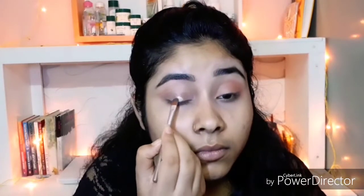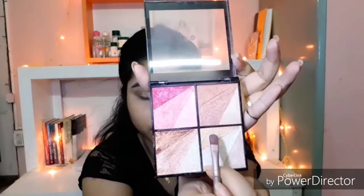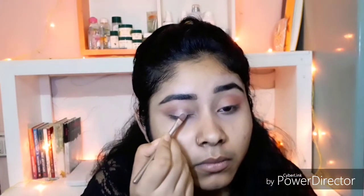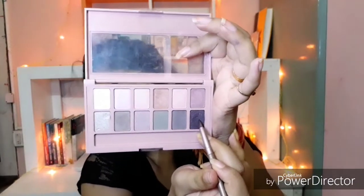And next I'm taking Miss Clear Full Coverage Foundation and apply it as an eye glue so that my shimmer colors will stick to it, and I apply it all over on the eyeball to get the hollow effect, and then apply the golden color from my Sivanna blush, bronze and highlighter palette, and with the help of a pencil brush